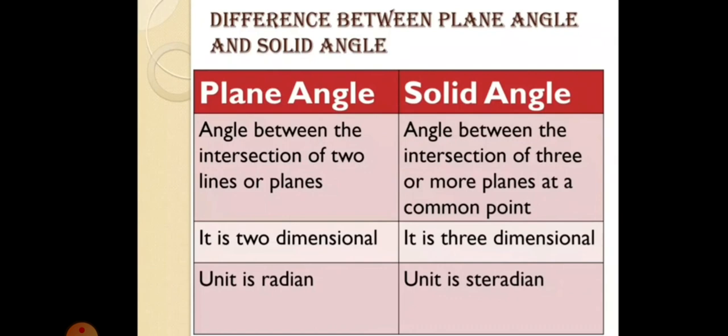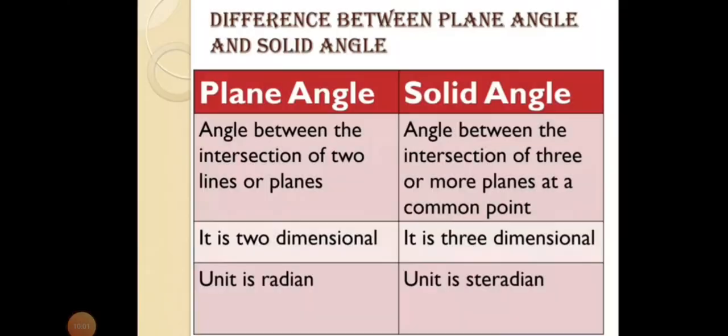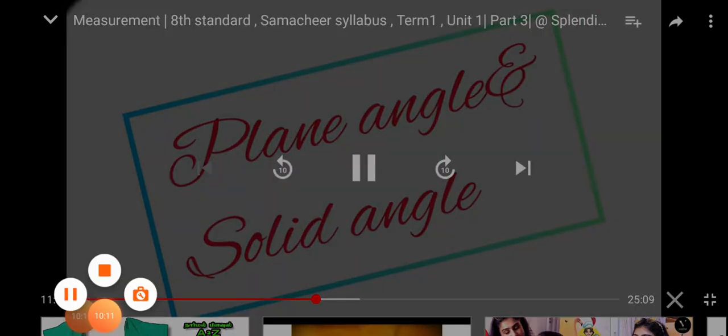The plane angle is two-dimensional and solid angle is three-dimensional. Unit of plane angle is radian and unit of solid angle is steradian. These are the three differences between a plane angle and solid angle. Until 1995, plane angle and solid angle were classified under supplementary